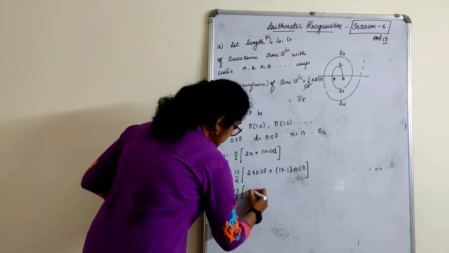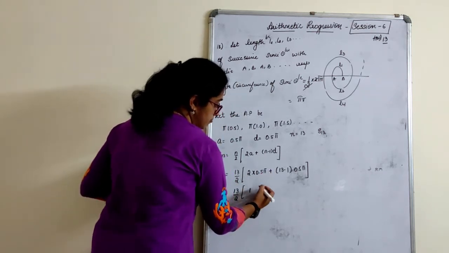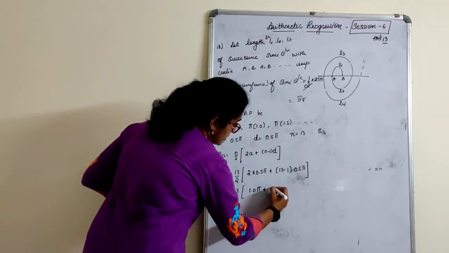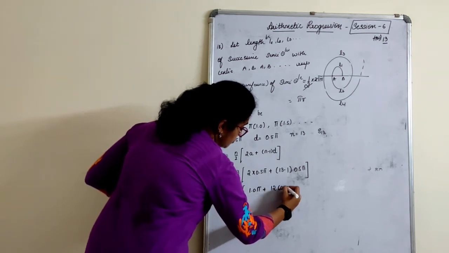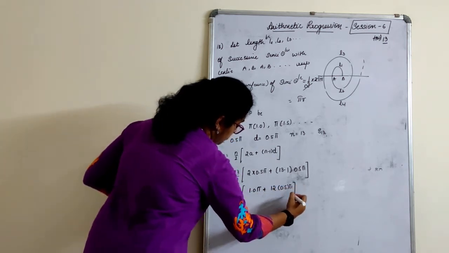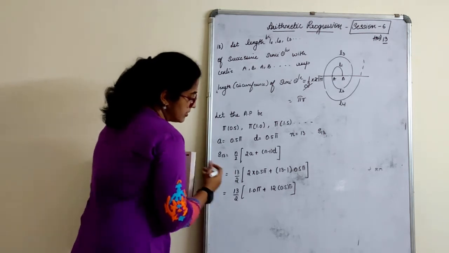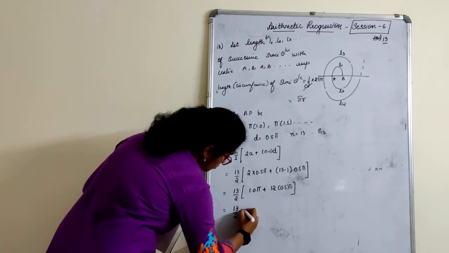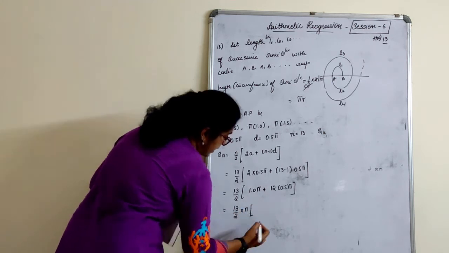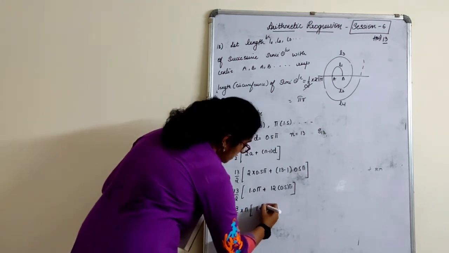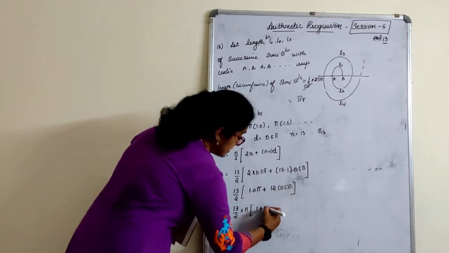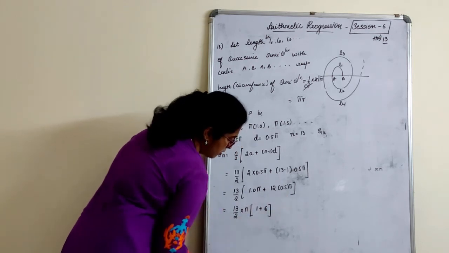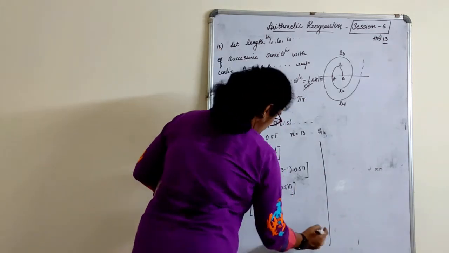So 2 fives are 10, so this is 1 pi, because 10 pi means 1.0 it will be, plus 12 into 0.5 pi. Now what I can do here is take pi common. 13 by 2 into pi. We can take the pi value later. So this is 1 plus 12 fives are 60, so I will write 60 as 6, because the 0.0 I have to take here. I do this calculation here.